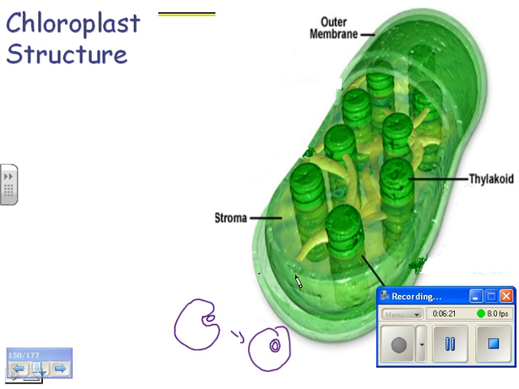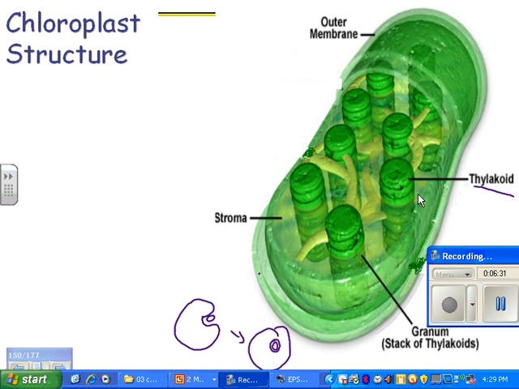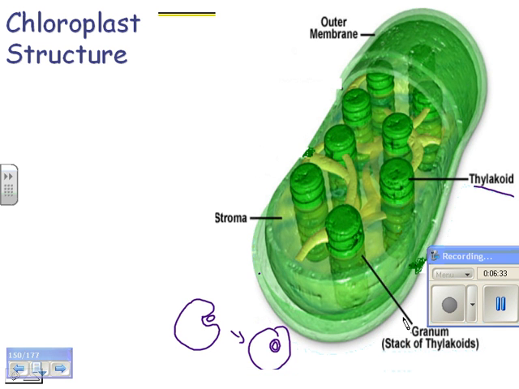There are even more internal things here. So the membrane here from the bacterial cell invaginated in and formed these sacs. And a sac is called a thylakoid. And if you have a stack of those on top of each other, it's called a granum. The cytoplasm of this organelle is called stroma. It's not really cytoplasm anymore. And I guess outer membrane here, inner membrane. So that structure is something you should memorize because we're going to come back to it toward the end of the year when we do photosynthesis.